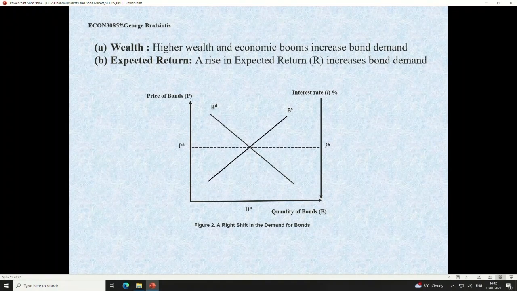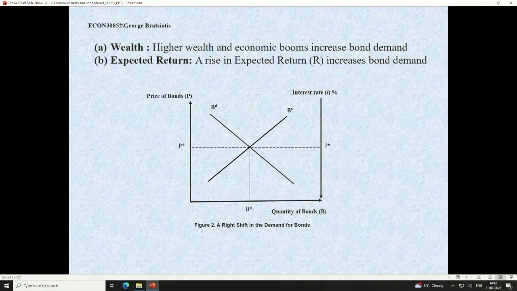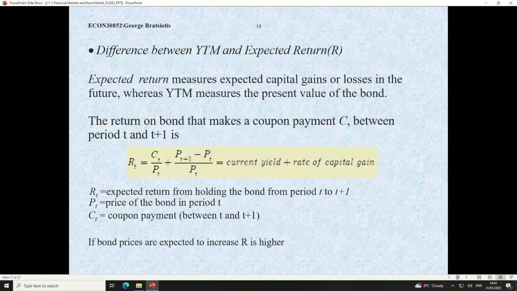Now, this is an interesting aspect of bonds because we did say that we look at the face value all the way to maturity, theoretically, conceptually. We're economists, we're university, we think like that. But in reality, many people, I repeat, will buy bonds to trade them, to make profit before maturity, right? And this is what these people will be looking at, the return. Why? Well, let's have a look.